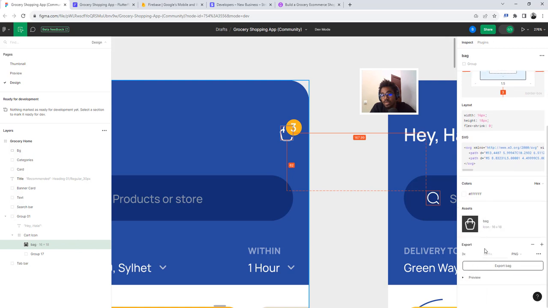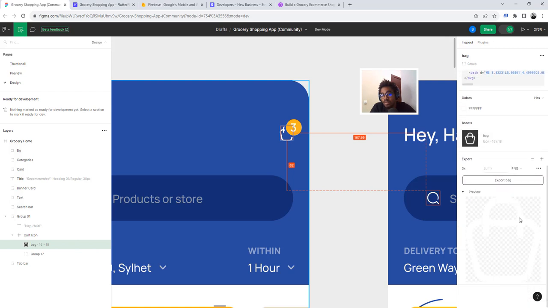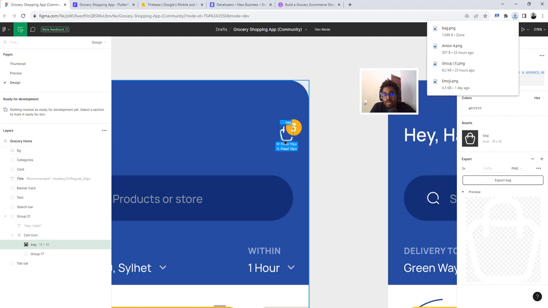Change this to 3x and preview it. Okay, so this is it. It has the cards thing, so it's a PNG, so it's okay. So I'll just export it. All right, so the dimension of this card is like 16 pixel by